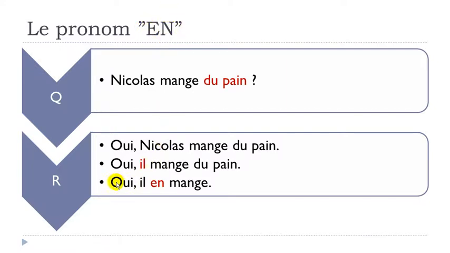All right, so "oui, il en mange". In that case you use this il just to avoid repeating Nicolas because it was previously stated, and then you want to use this en, the pronoun, just to avoid repeating du pain because it was in the question. Oui, il en mange. So remember that this en pronoun should be before the verb. Okay, so let's see now